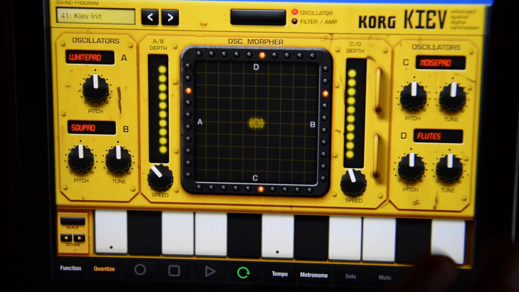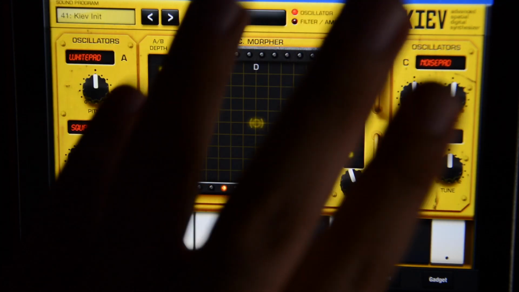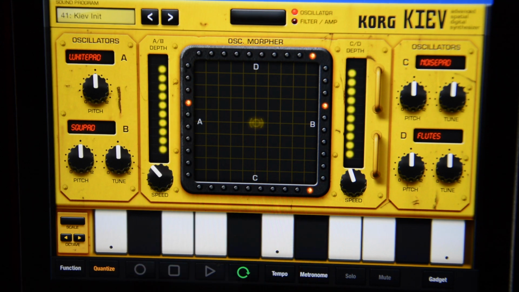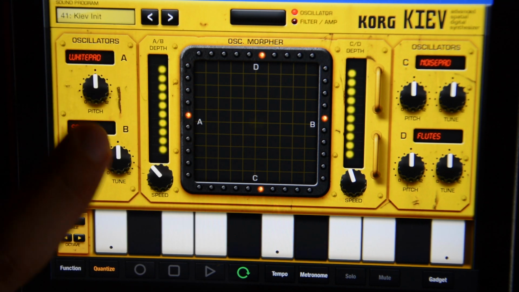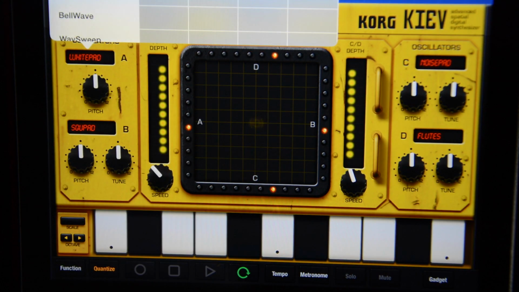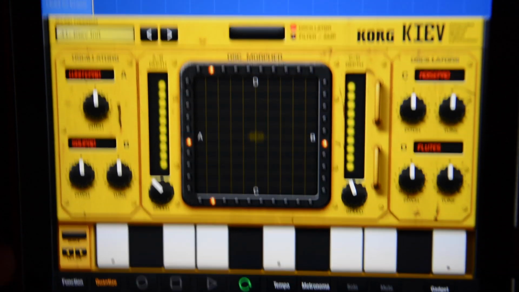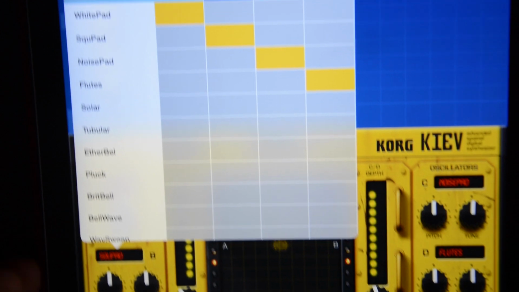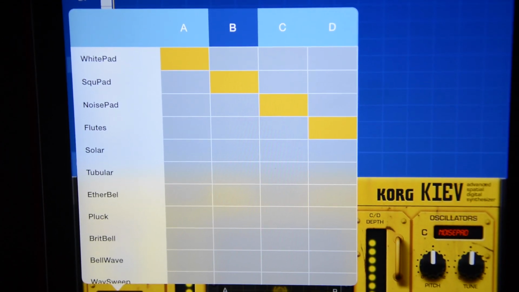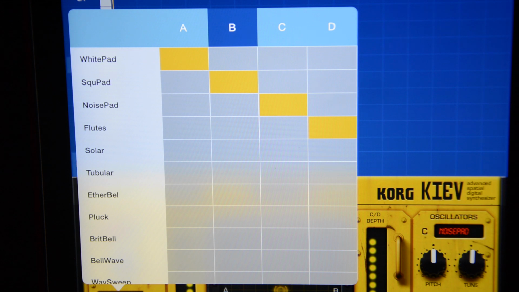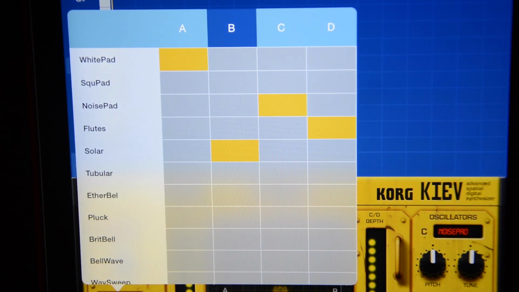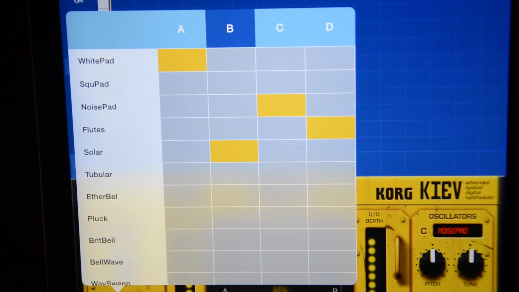So the first thing to understand is that we have actually four oscillators working in this thing, and these are what is generating the different sounds that you'll be hearing. Okay, so you have oscillator A, B, C, and D, and they're very similar to what we've seen. When you touch one, a pattern will open up, and it's very similar to what we've seen with the London, the drum machine, where you can select different sounds in the drum machine's kit or different samples for each button. But here we're selecting different generators or oscillators, I guess, sounds for the different oscillators,